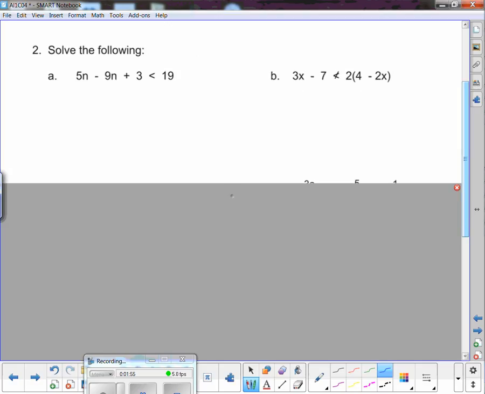All right, so you know how to do this stuff. You look at A, and the only difference is you're going to add like terms before you solve. Piece of cake, right? Everybody looks at the n's and says, when we add up the n's on the left, we get